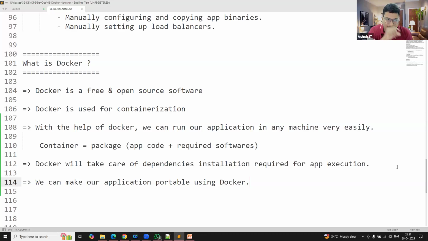So what is Docker? Docker is a free and open source software. Docker is used for a concept called containerization. So with the help of Docker, we can run our application on any machine very easily as a container. Now, you no need to set up virtual machines in one machine.